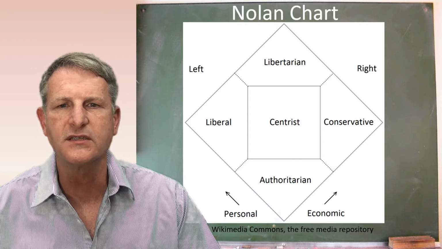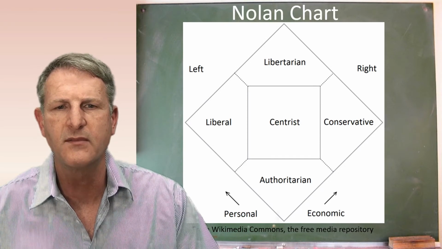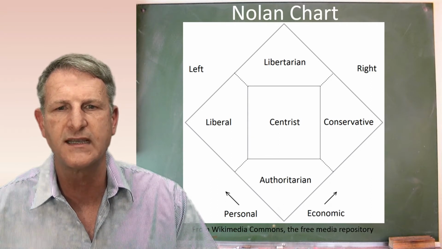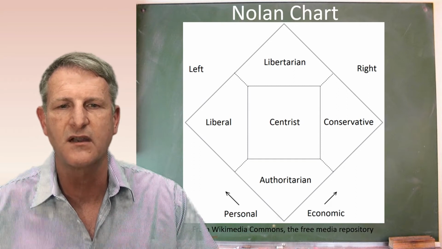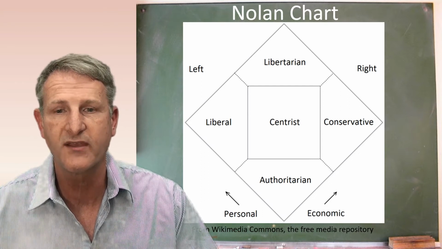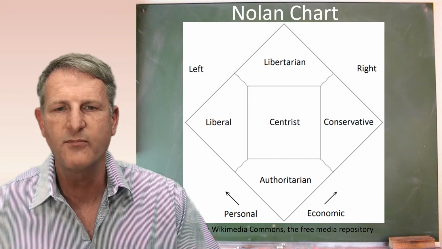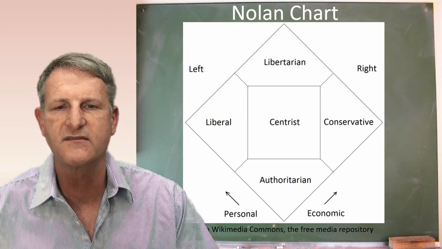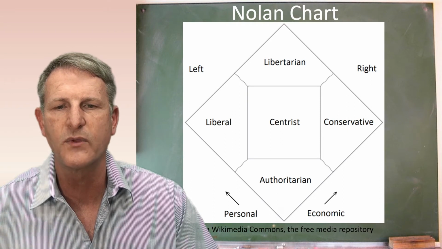We are now in a position to look at how we may apply these principles on a human level. In the political sphere, one scheme would be to use a Nolan chart as illustrated here. In this instance, a two-dimensional plane is described where one axis is economic freedom and the second axis is personal freedom. The prime purpose of this chart is intended to test where a person falls on the political spectrum, but we will see later how we can use it to inform us on what the best solution would be